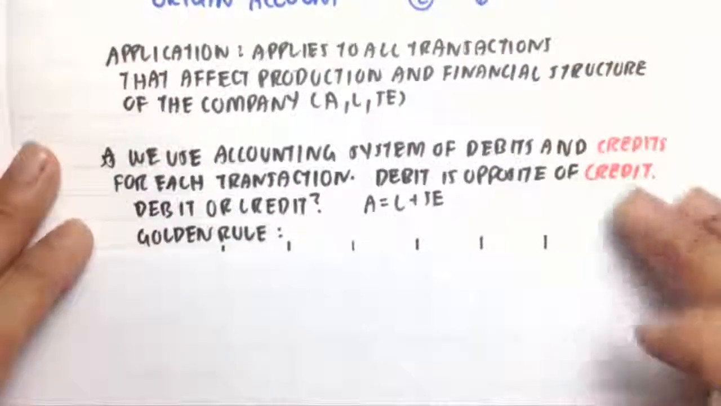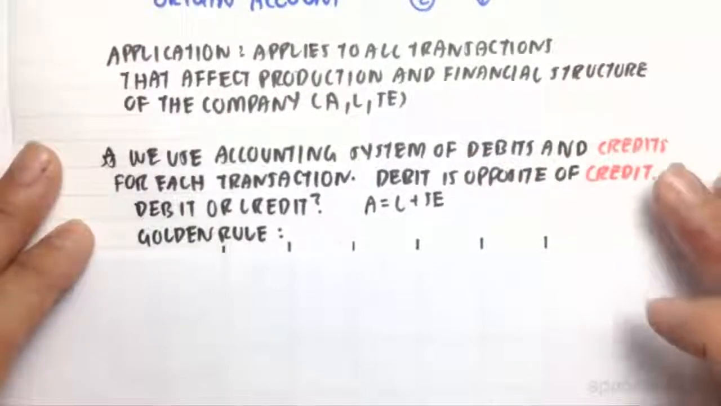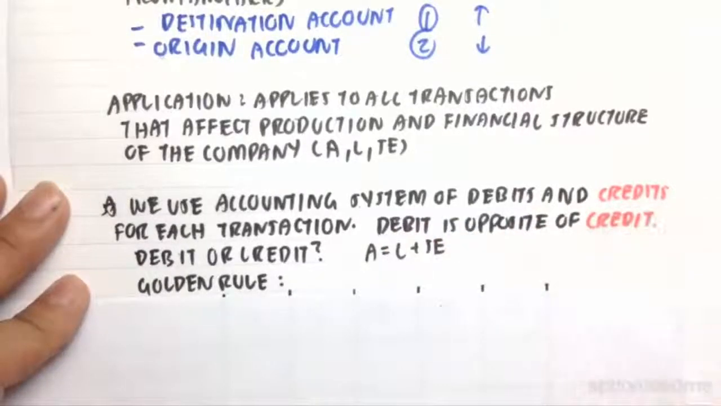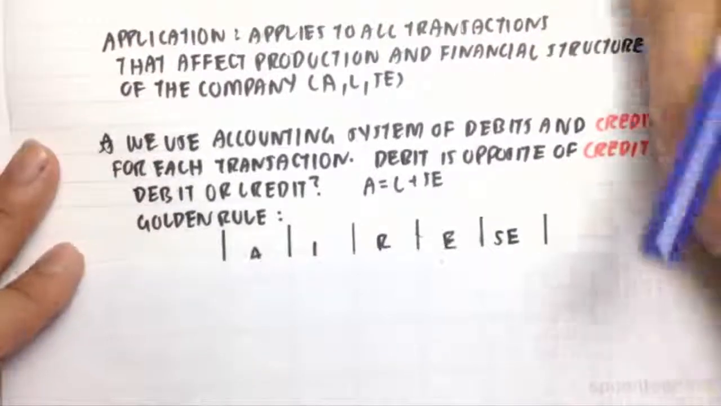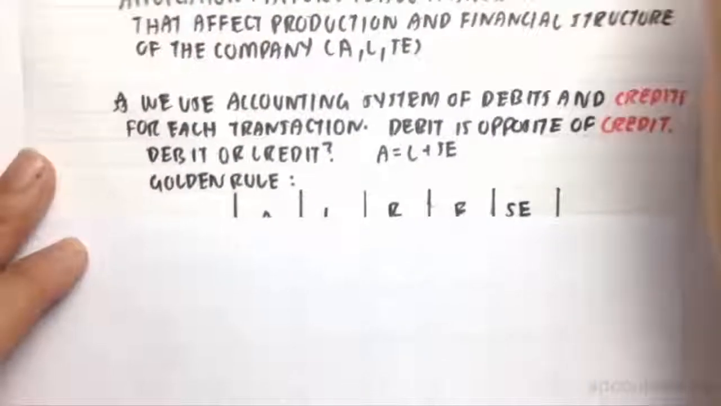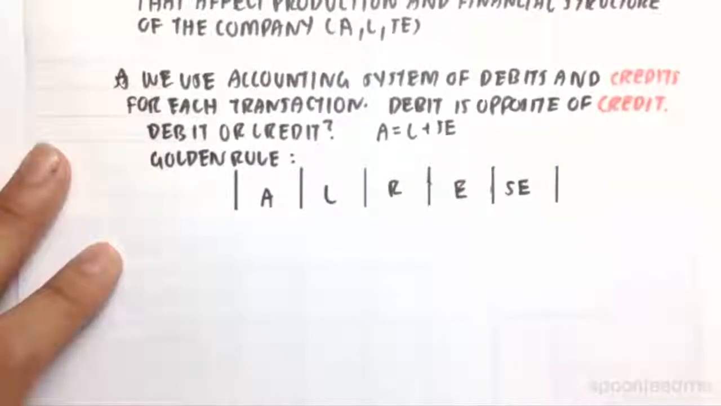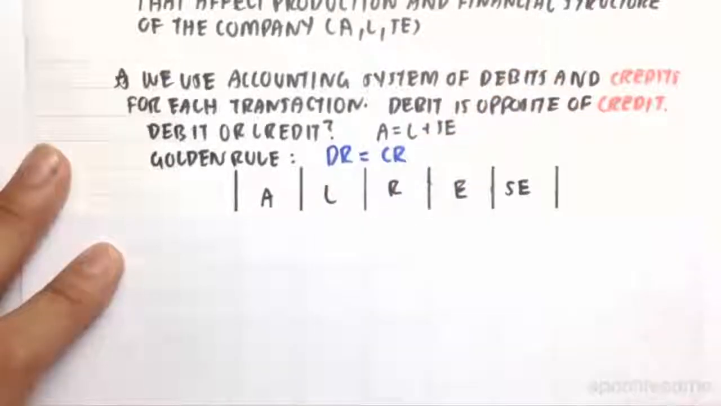So we use the accounting system of debits and credits for each transaction to help us. A debit is the opposite of a credit. So how do we know when to use debits and credits? If we just look at our accounting equation, assets equal liabilities plus shareholders' equity, and our golden rule, debits equal credits, we have in accounting,